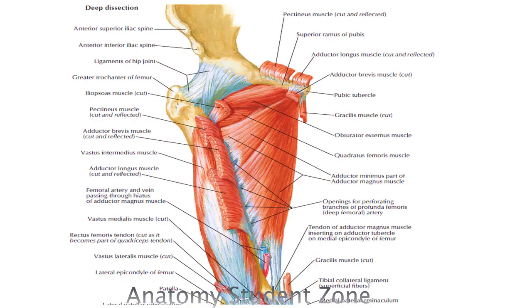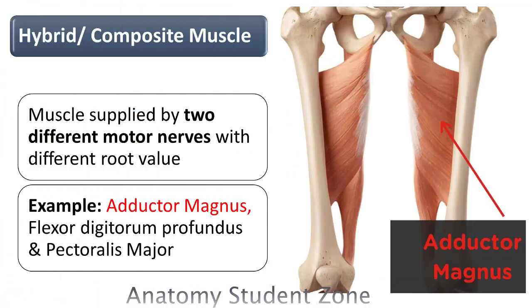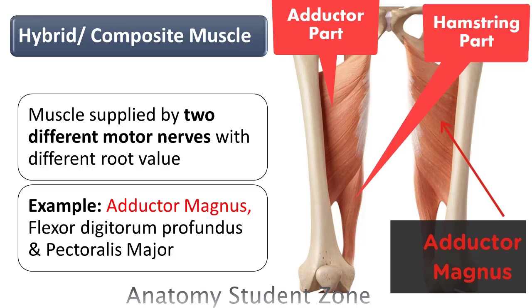When we move towards the deepest dissection, we know the deepest muscle of this group is adductor magnus muscle. Adductor magnus is the most powerful, most posterior muscle of the adductor group, and this is a composite triangular shaped muscle. In our body, you should remember there are many other examples of composite muscle, but here you have to remember adductor magnus. This is a composite muscle. This muscle has two parts, a thick medial part that we name the adductor part, and the other part is the hamstring part. The two parts differ in their attachment, nerve supply, and main action.